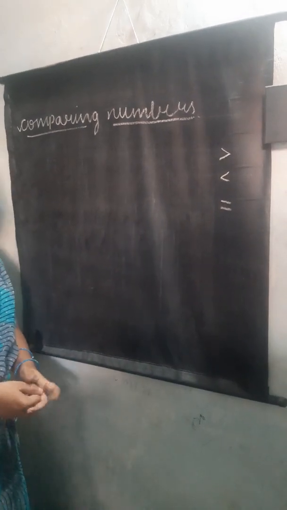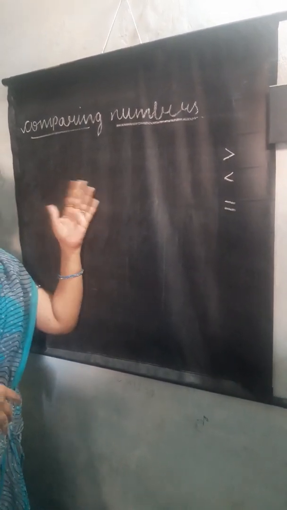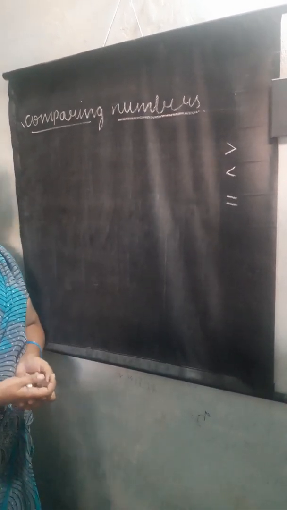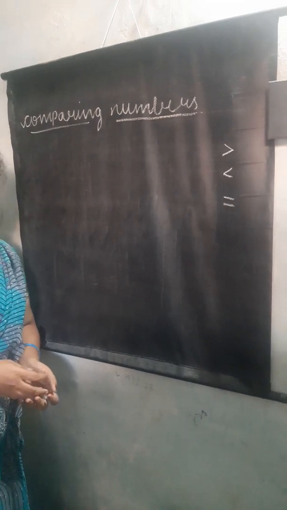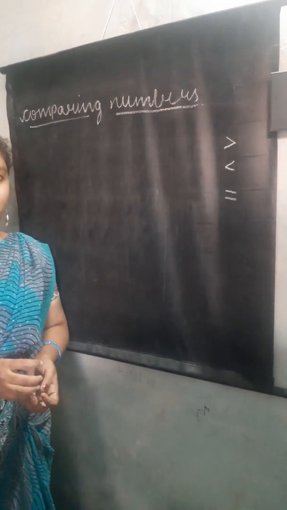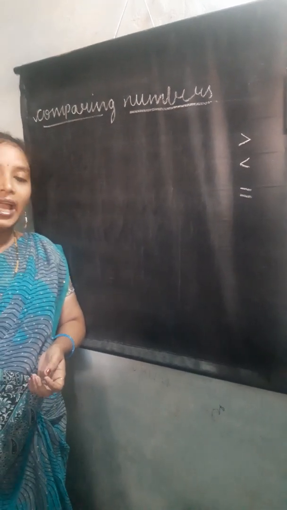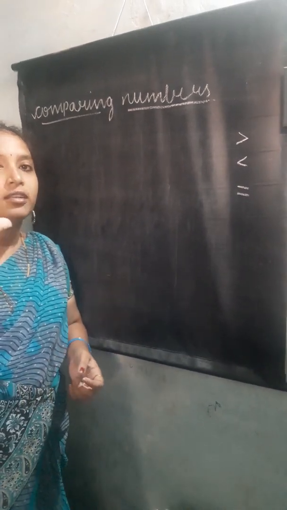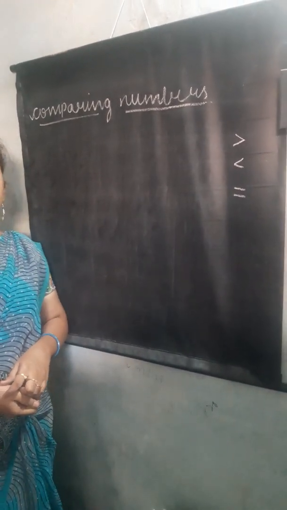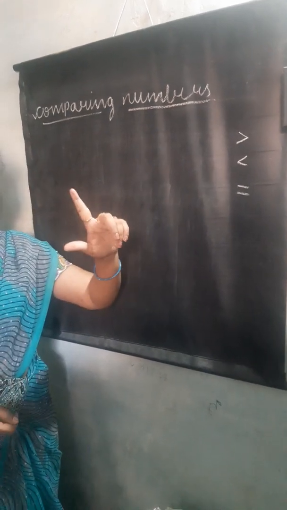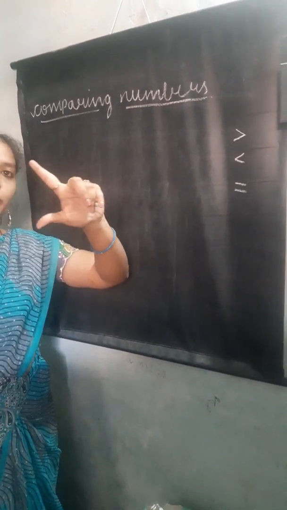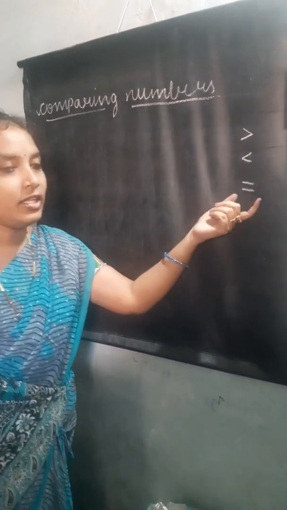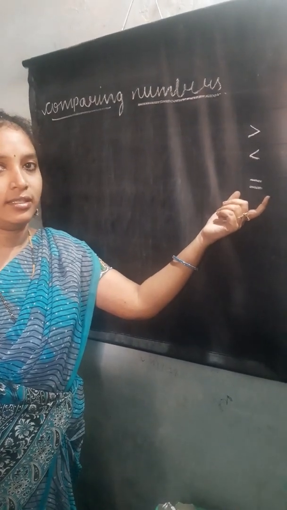Even though you have come to the 6th standard, this topic has been there from the 3rd standard, I think, but you people cannot identify the symbols. Greater than symbol: mostly we use which hand, children? Right hand. Just put the symbol like this with the right hand; this is the greater than symbol. Very few times we use the left hand. Put the symbol like this with the left hand; this is the less than symbol. Then equal to. You all know the equal to sign very well, right?